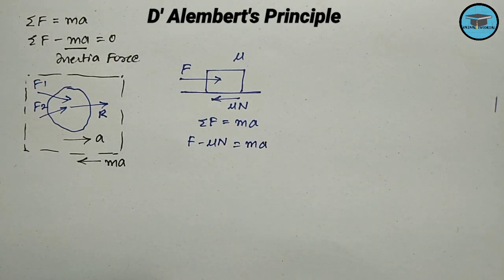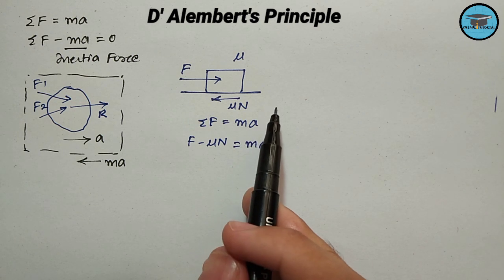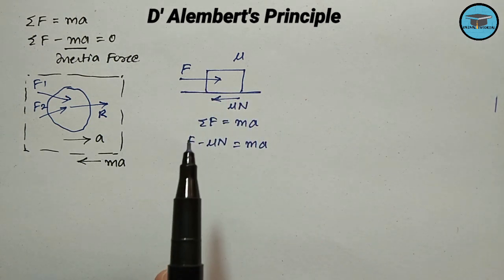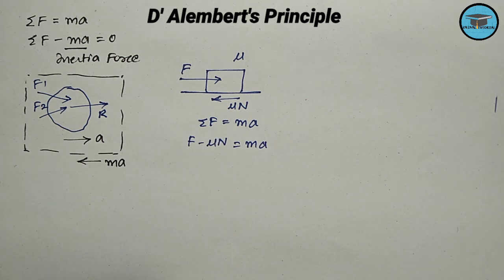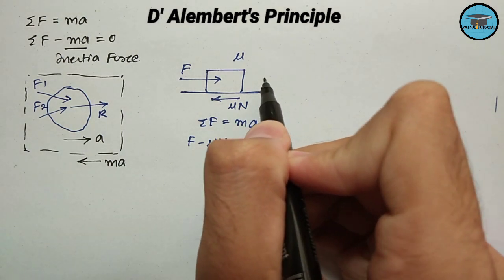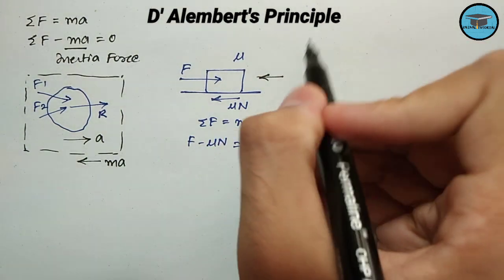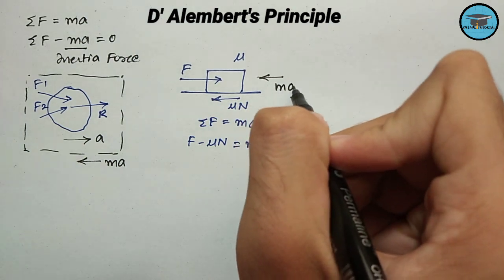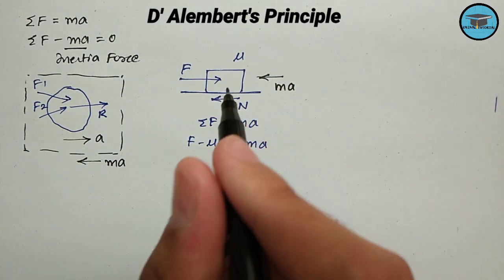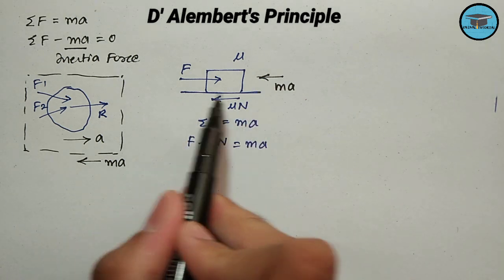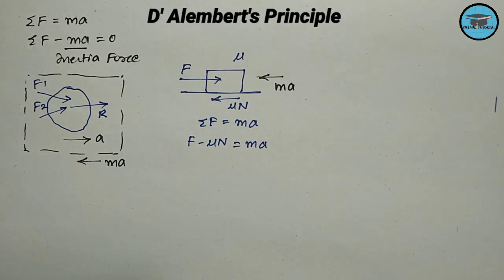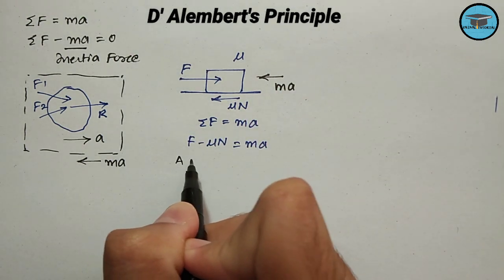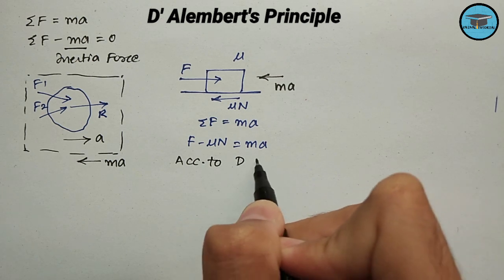into acceleration. Now if we want to apply D'Alembert's principle, which is regarding the condition of dynamic equilibrium, what we need to do is apply the inertia force having the magnitude of the product of mass into acceleration in the opposite direction to that of the motion of the body. Means the body will be moving in this direction, so we need to apply the inertia force along this direction. So now, according to D'Alembert's principle,